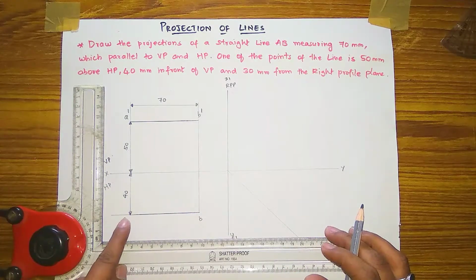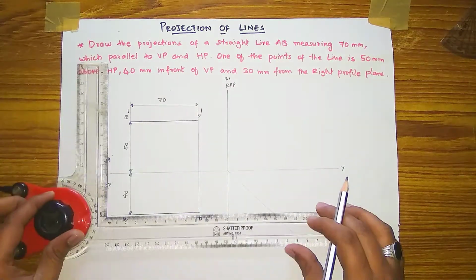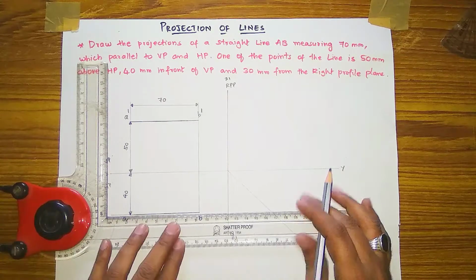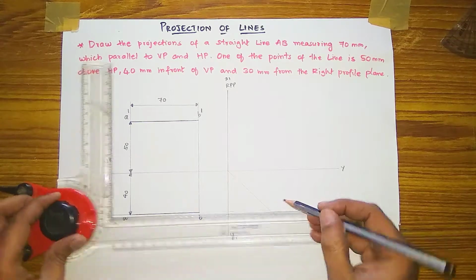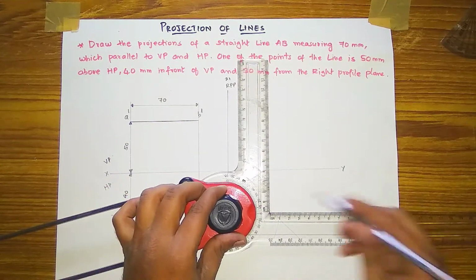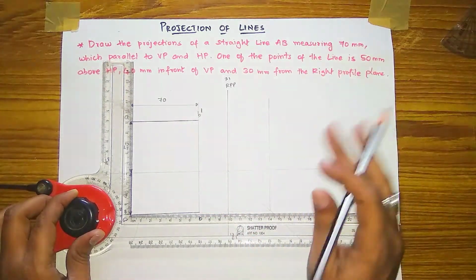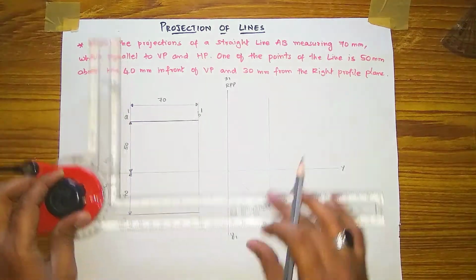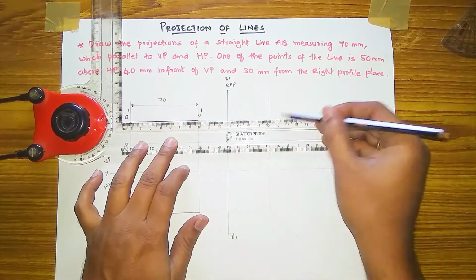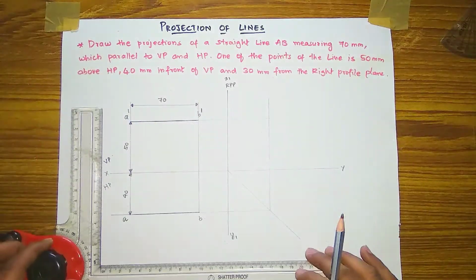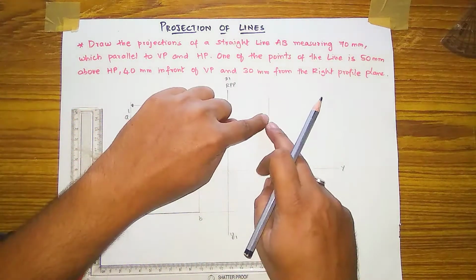Then from this A and B you have to project the lines till this 45 degree line and upwards. How? I am showing you. From A I am taking it till this 45 degree line and upwards. And also you have to take it from B. Already I have done it, so the projection lines of B are already done. And from this A dash and B dash also you have to take the projection lines, already done.